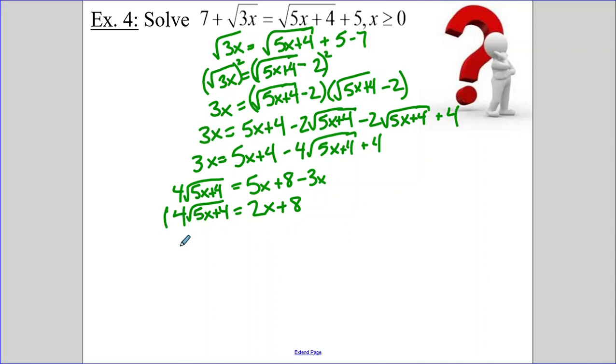Now I need to square this yet again because I need to break the square operation. This is something that's a little bit tricky to do to start off with, just because sometimes we don't think that we have to do the same thing twice here to solve. So remember that this square actually applies to both terms. It applies to the 4 and to the root. So that means here I actually have 16 times 5x plus 4. The square and the square root still cancel each other out, but 4 squared is 16. Equals, and then this one is 2x plus 8